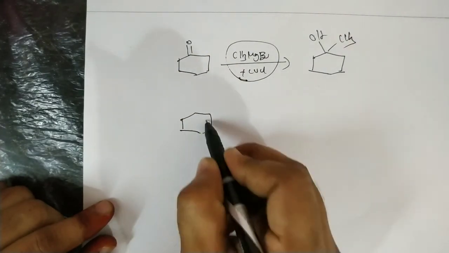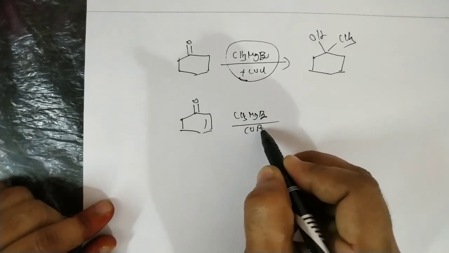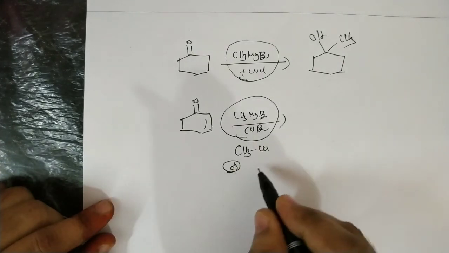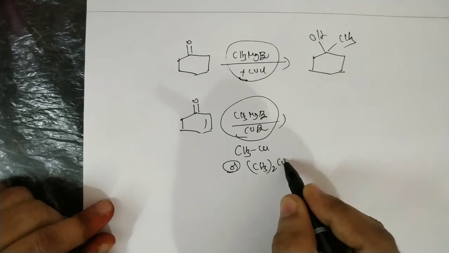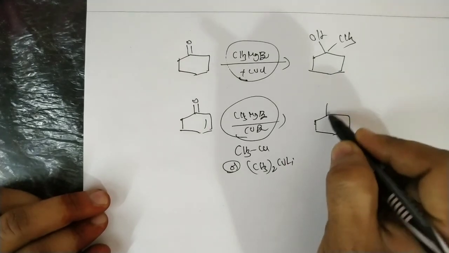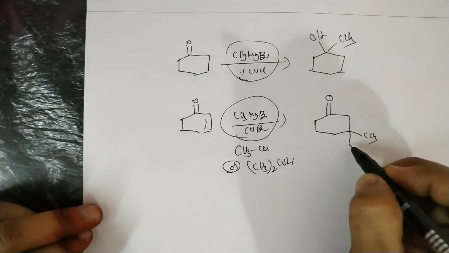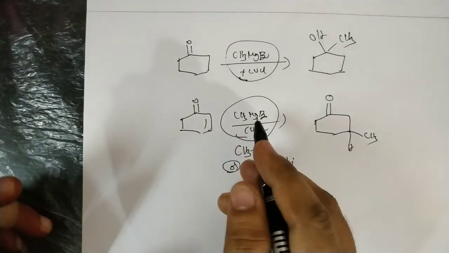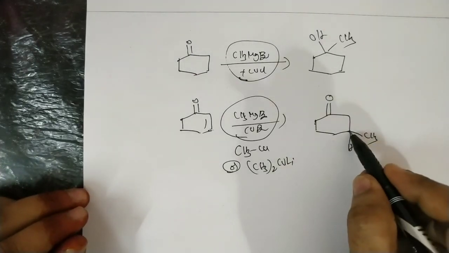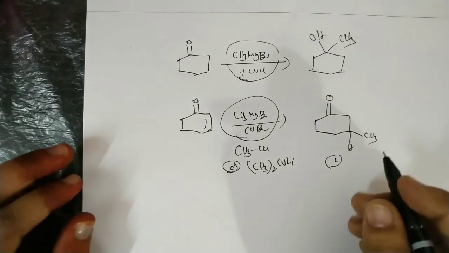But if it is conjugated, with the double bond C=O, CH3MgBr with CuBr, you will get the methyl copper, or by using dimethyl lithium cuprate directly, that is Gilman's reagent. With this, conjugate addition takes place, followed by hydrolysis, giving the C=O with CH3. Here the carbon is sp2, so it is achiral, but after addition it becomes chiral. So in this case we will get two isomers, that means methyl above the plane or below the plane. We will get two enantiomers.